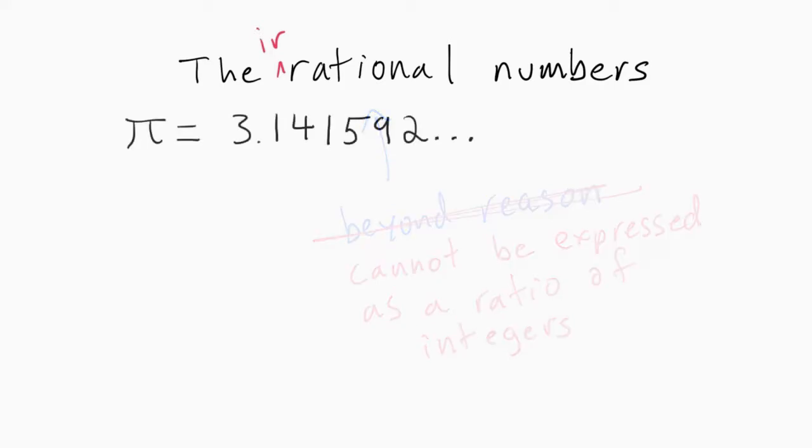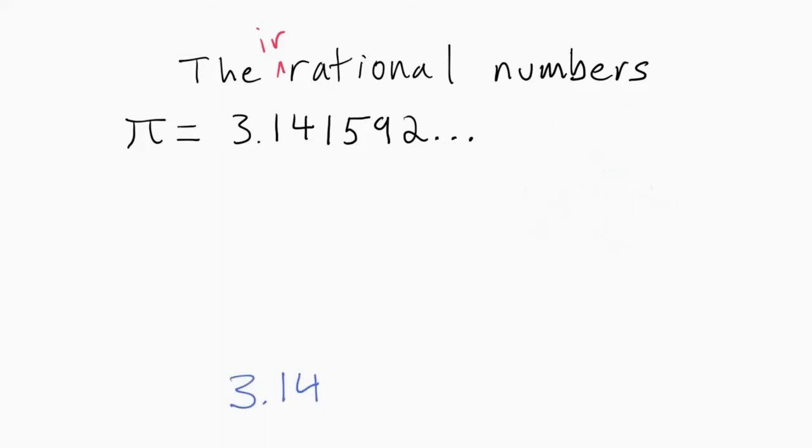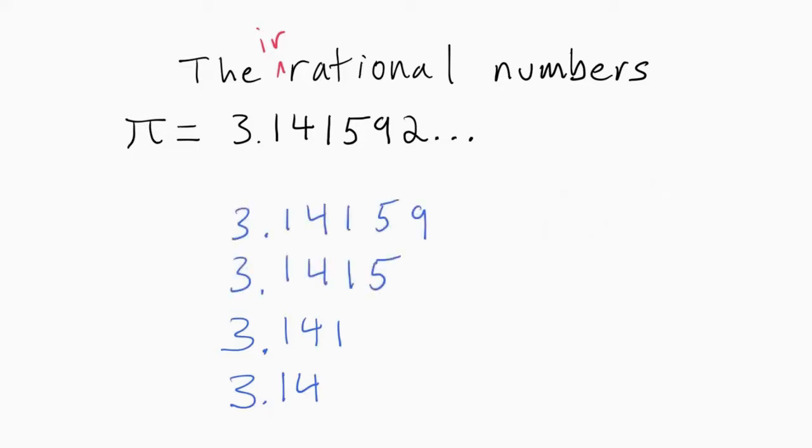Now, I'm sure many of you have seen the decimal representation of pi. The key thing to note here is that it goes on forever and it has no repeating pattern. Any finite or repeating decimal representation belongs to a rational number. This makes pi and other irrational numbers hard to work with, but fortunately we can approximate pi with rational numbers. 3.14 is an okay approximation of pi. 3.141 would be even better. 3.1415 better than that. 3.14159 better still, and I can keep doing this.